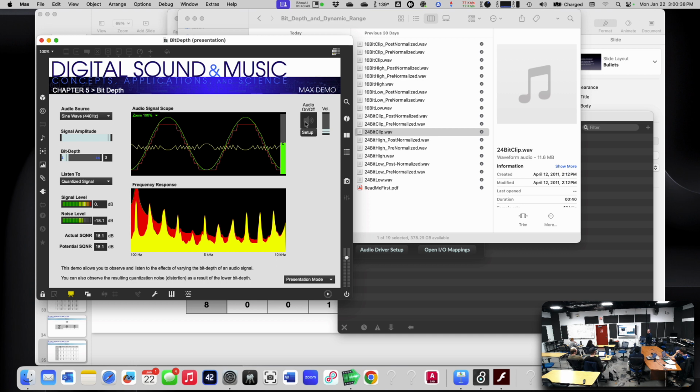Because the difference between success and failure, when you're trying to get computers to do sound, from a technical point of view, is all about knowing where the sound is inside the computer at any point in time. Is it in the converter right now? Is it on the hard drive right now? Is it in the RAM right now? Is it in the CPU right now? Where is it? And knowing where it is